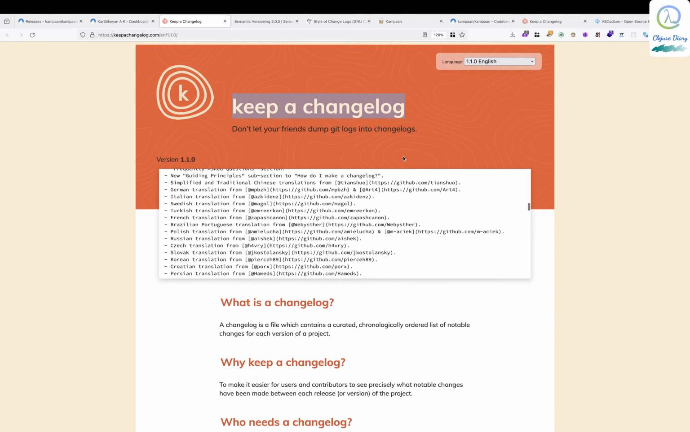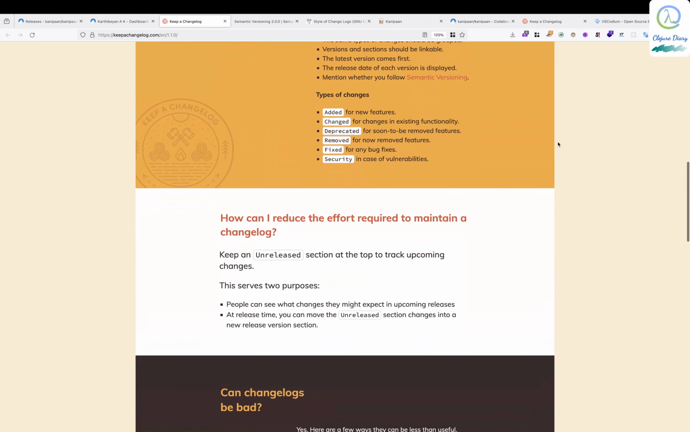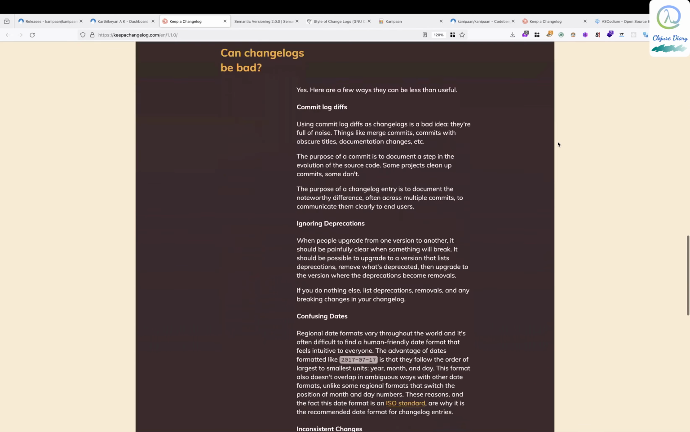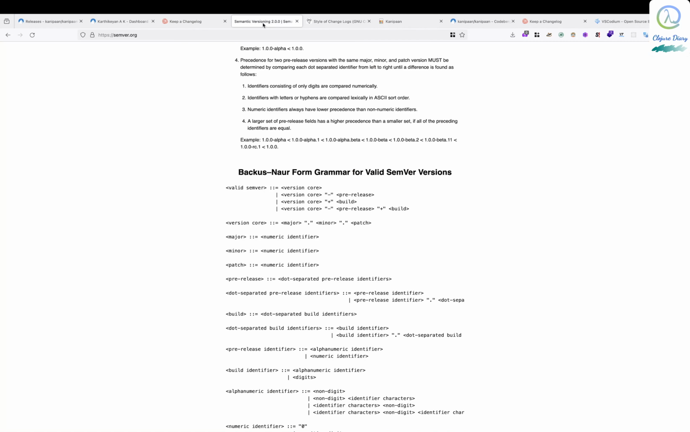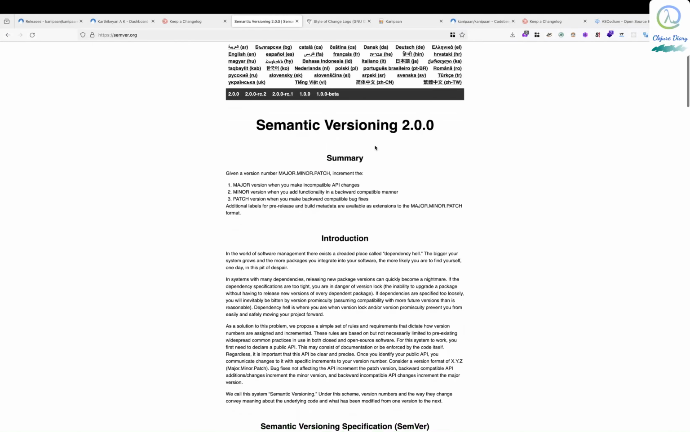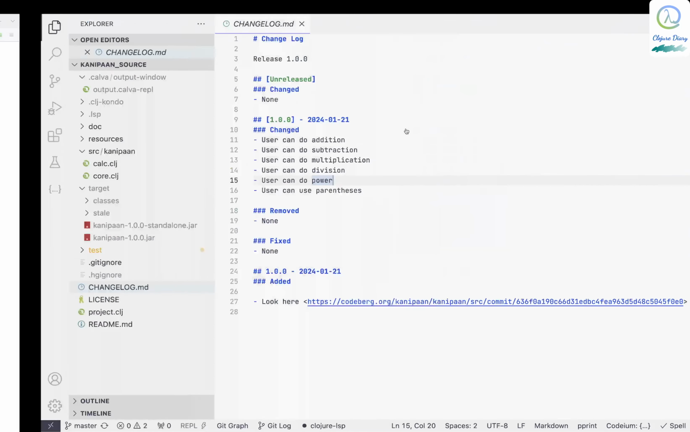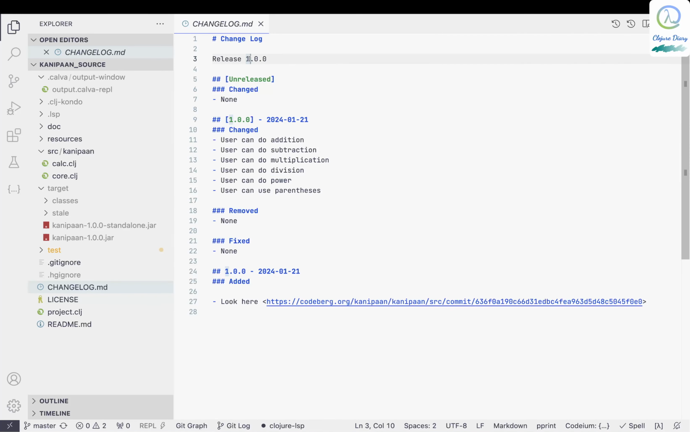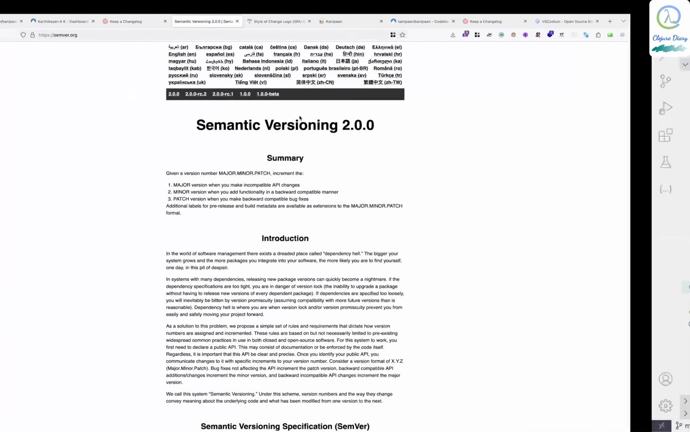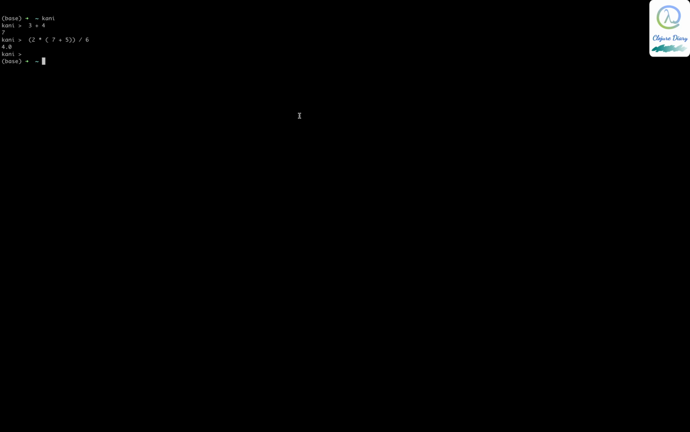And of course, keepachangelog.com specifies a thing called semantic versioning, right? This is a way you version software. Currently Kanipaan is 1.0.0 and this document itself is 2.0.0. So what it means, let me explain with Kanipaan. This first number means it's a major release, and if it changes to two, maybe, let's say in Kanipaan,